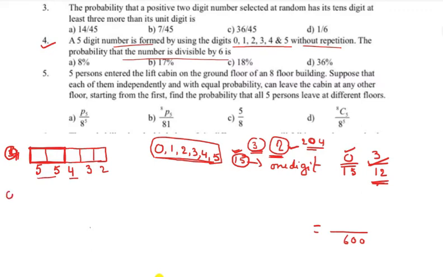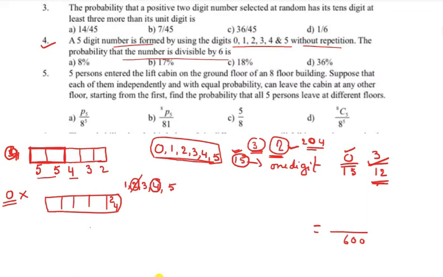Now my question is, when 0 is removed, the first case is 0 removed. Now we are finding the number of 5-digit numbers, when 0 is removed, that are divisible by 6. So definitely this place we have to fill with either 2 or 4. Because 0 is not there now, we are using these digits only: 1, 2, 3, 4, 5. Among these 2 digits, 1 digit we filled in the units place.